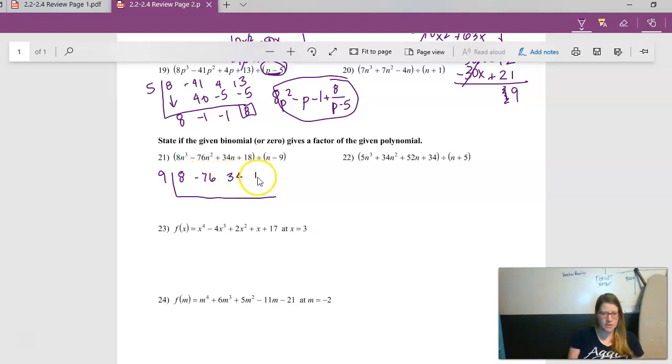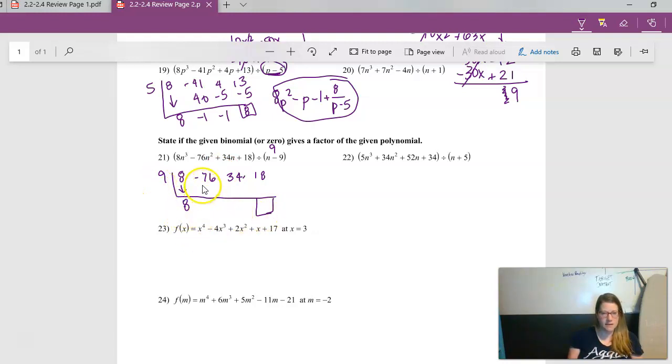remainder theorem, which just says if I plug in the 0, the 9, for all the n's here and evaluate it, it should evaluate to 0. If it does, it's a factor. If it evaluates to anything else, it's not. But I'm going to use the synthetic division method here, and I'm going to just see if this will give